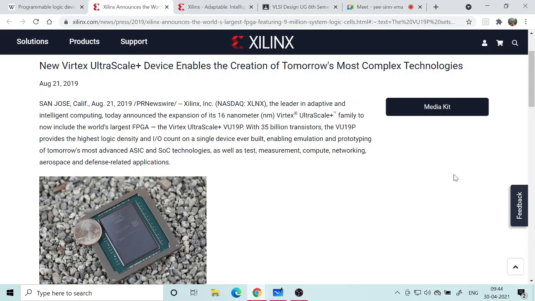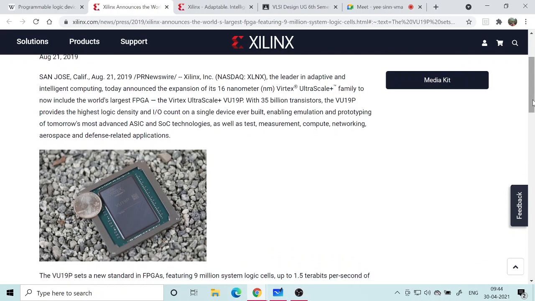Compared to that coin, it's of the order of the size of a coin, but it has 35 billion transistors inside, much more than what an Intel i7 or i9 chip would carry. The i7 would be something like 3.5 billion transistors, but the most recent i9 chip has something like 15 billion transistors.